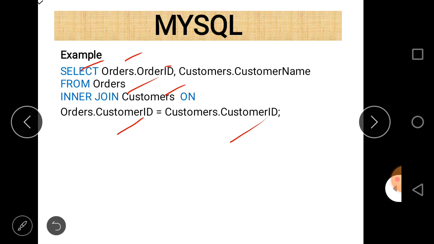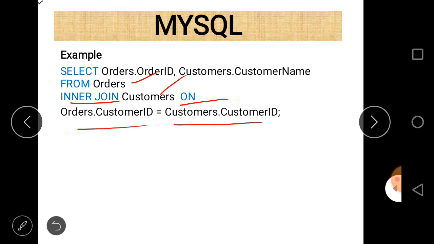From orders, which is table number 1, and we want to join it with the table customers, so just write inner join customers, and then the keyword on, and then the condition. The condition here is that the customer ID of orders is the same as the customer ID of customers. The first part belongs to the first table and the second belongs to the second one.